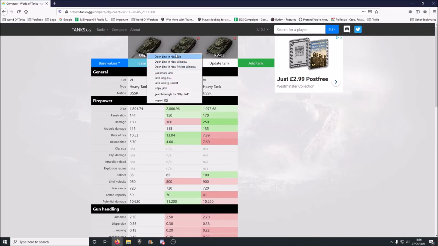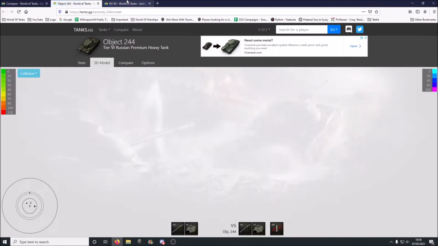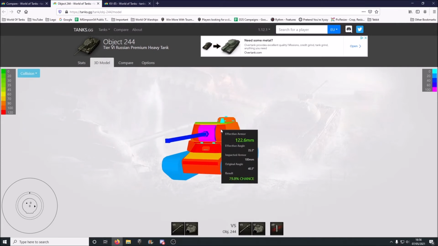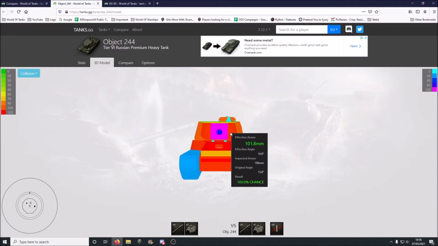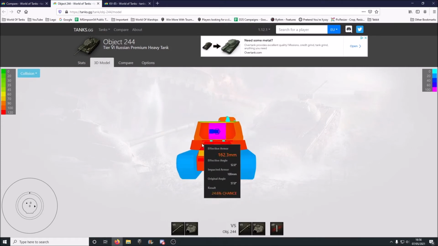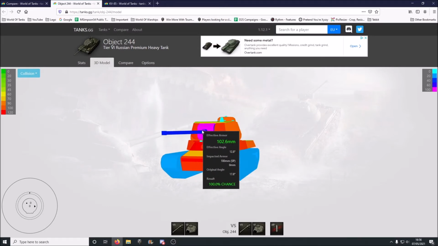Now, jumping into the armor just nice and quickly, I'll open up the 244 and the KV-85 just so you can see the difference. Like I said, the turrets are the exact same. If you poke with a turret, you're not really going to bounce a lot. The cupola's quite weak. You might bounce some tier 5s, but the turret is not particularly good on this thing. It's the hull that compensates, which is kind of nice,